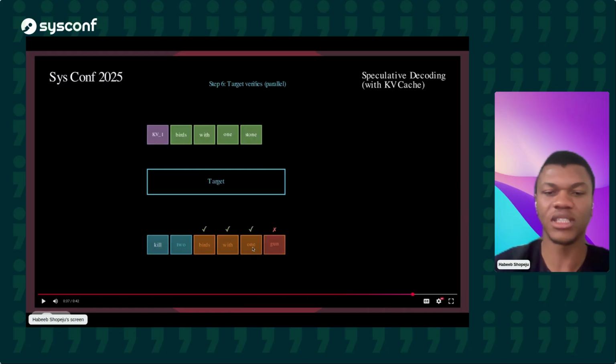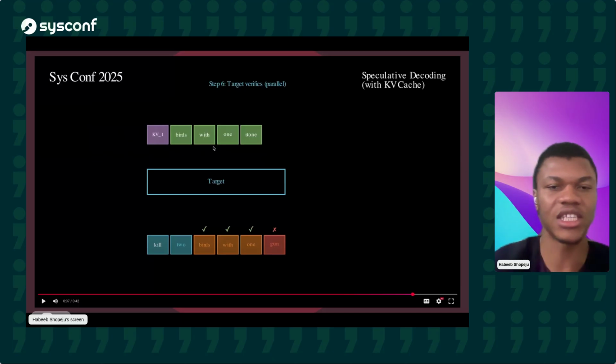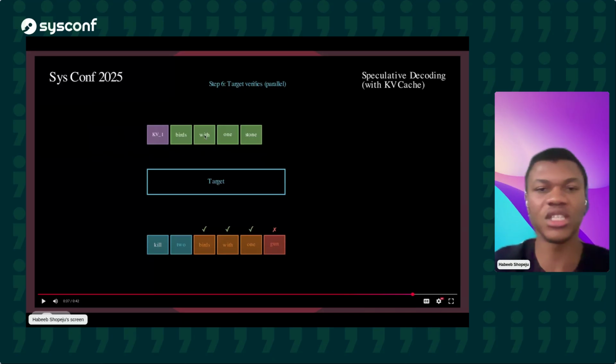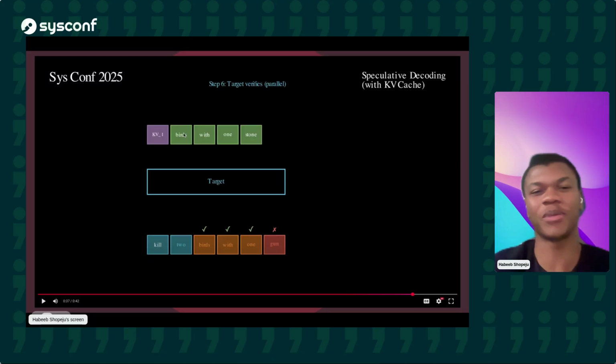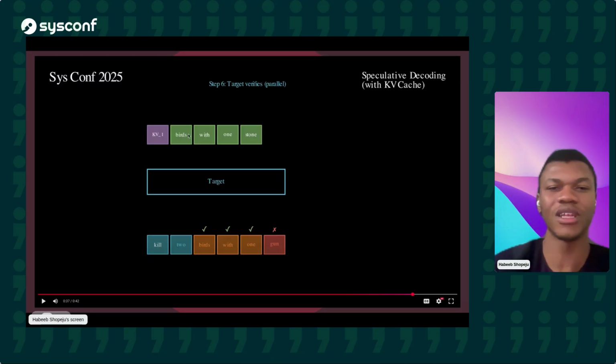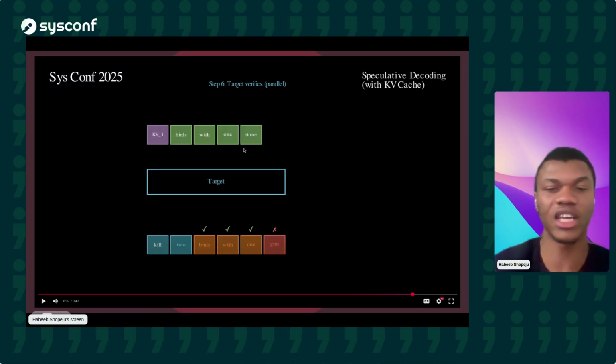But then at this point, the large model is saying stone should be the next token, not gun. Hence, it discards the token gun and then goes with stone. So if, for example, we use a model that's quite silly, not effective, and it generates gibberish for the 5 tokens, if it's basically not getting the next token correctly, then the optimization you're looking to get kind of backfires, because you spend time generating with this draft model, but then the large model is saying no, that's not correct. But on the good side, if the draft model is actually doing a good job, the large model doesn't have to do so much work anymore.